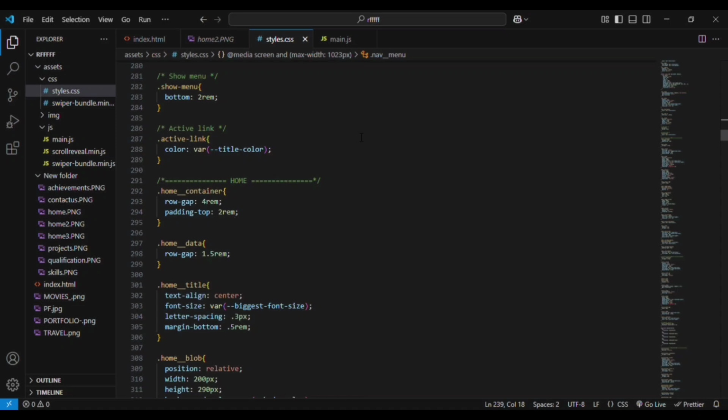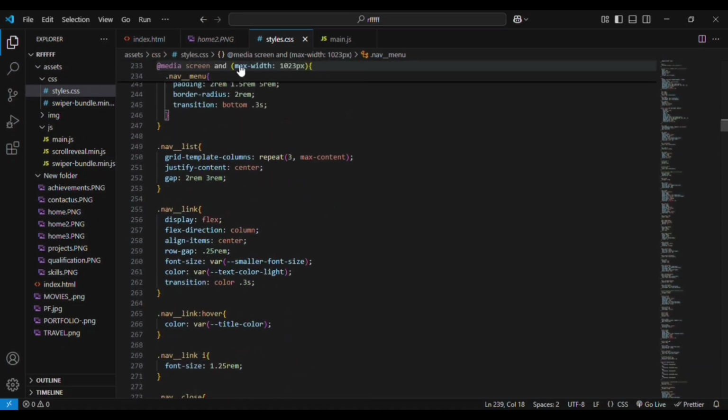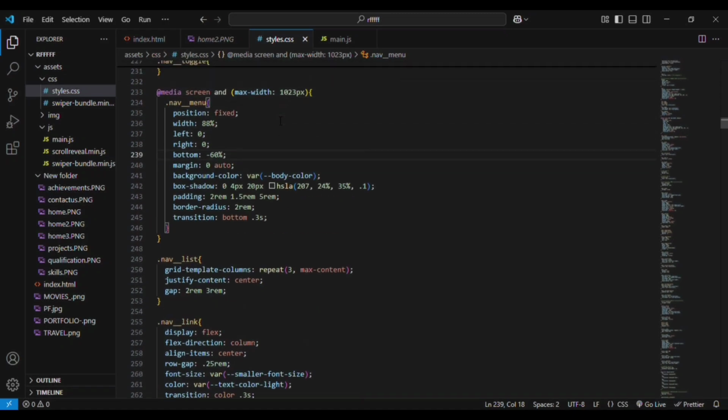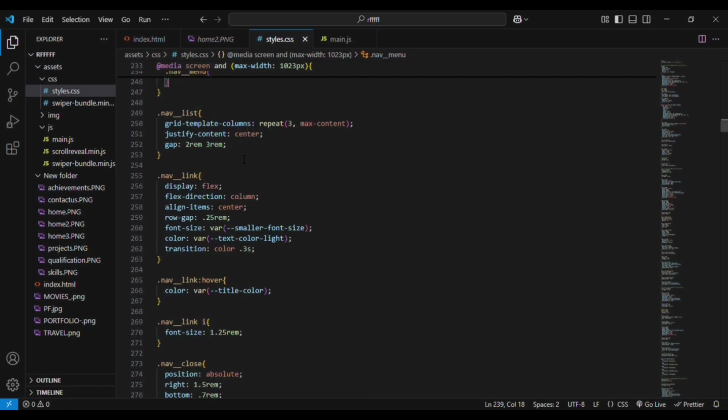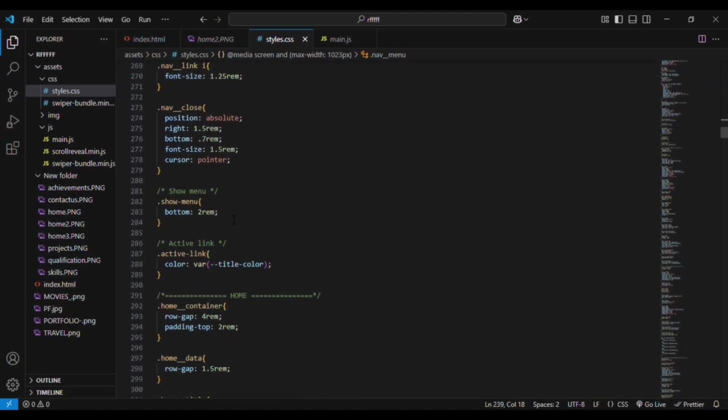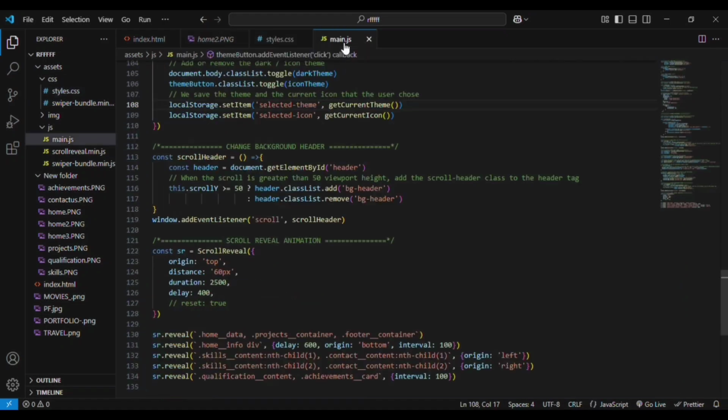You can see that the show menu is one and only, and it will help us in changing the bottom value. You can see the bottom value is minus 60%, right? So by giving the show menu a bottom value, we are going to make it visible. I'll tell you how. What will happen is that we will have the menu icon, and whenever you click on the menu icon,